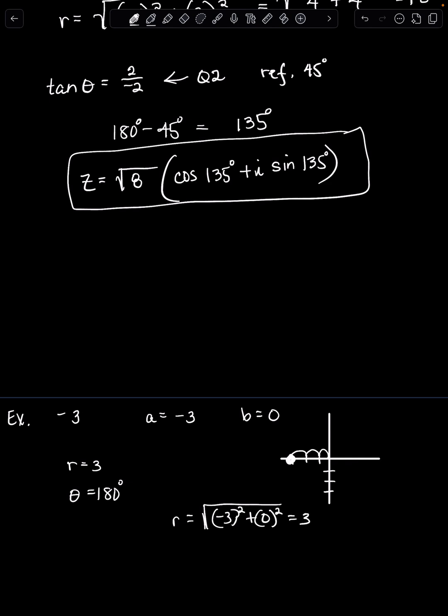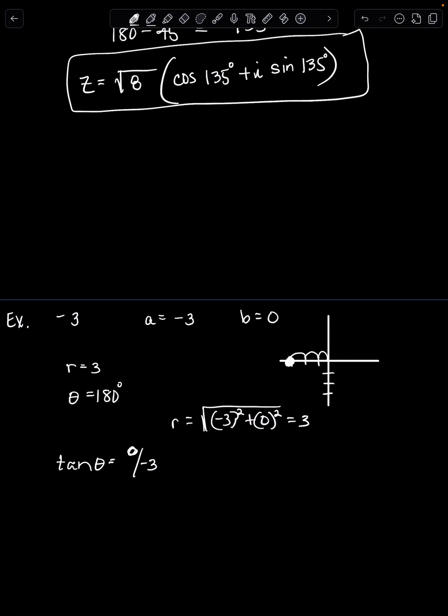Tangent of theta would be 0 over negative 3, so the tangent is 0. And you would have to think about where that was, because it could either be at 0 or 180, so you need to be careful with that. So writing this in polar form, I've got z equals r times the cosine of 180 plus i times the sine